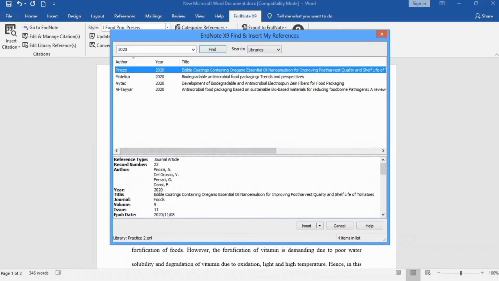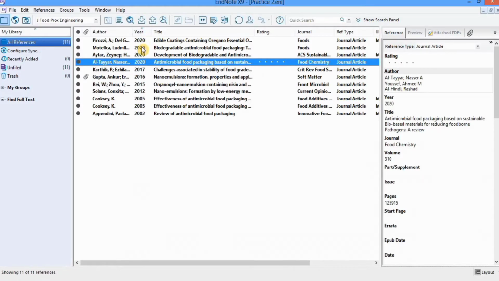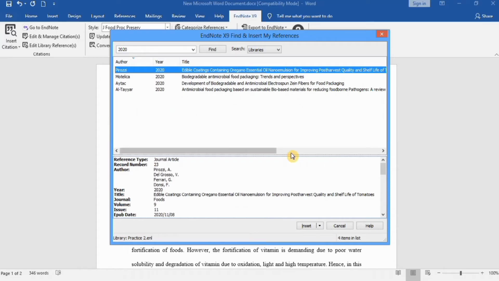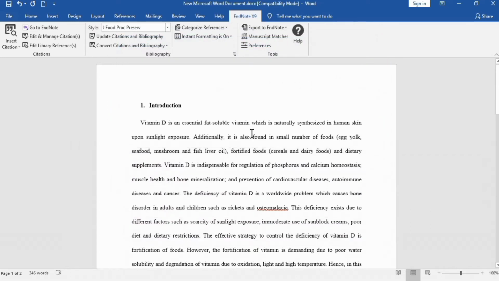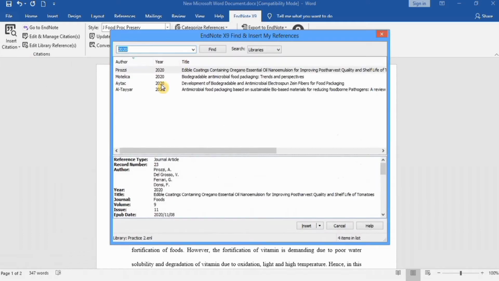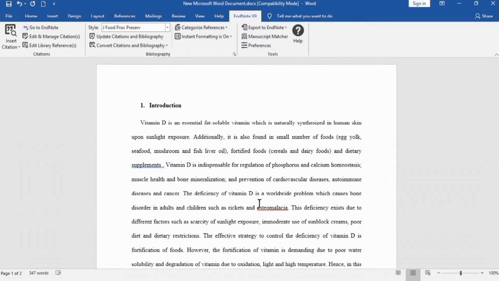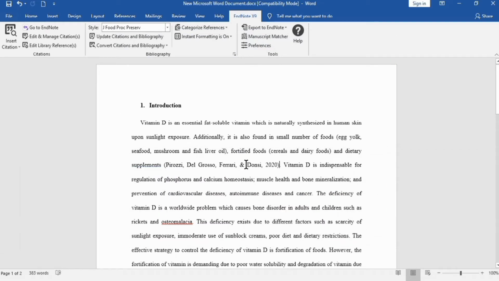You can also see in the library that there are 4 articles which are published in 2020 which are present in this library. So if you want to insert these references here, firstly you will select the location of the references. For example, I want to select it here. I will go to insert citation and select that references and go to insert. You can see here the reference is inserted here, and it is according to Journal of Food Processing and Preservation